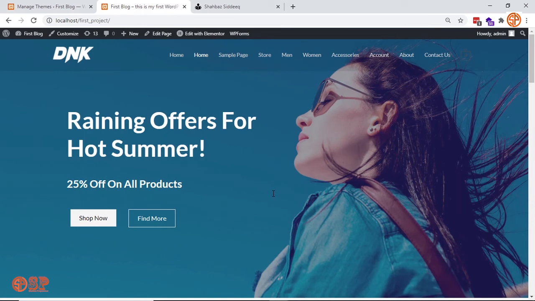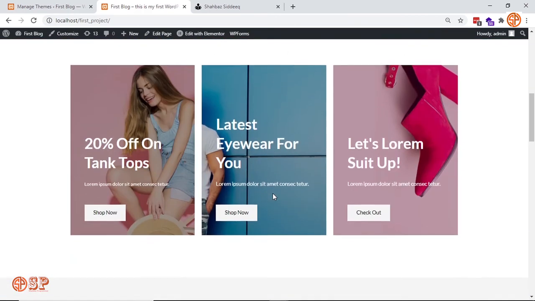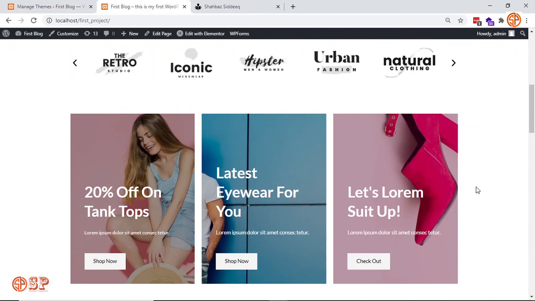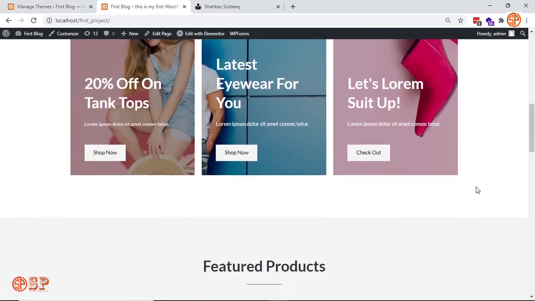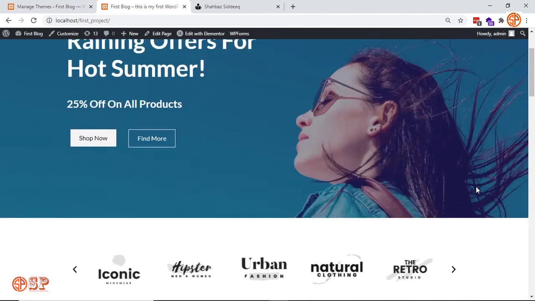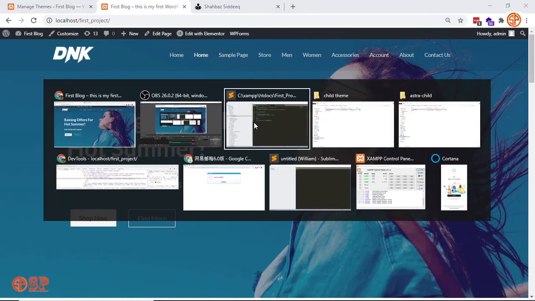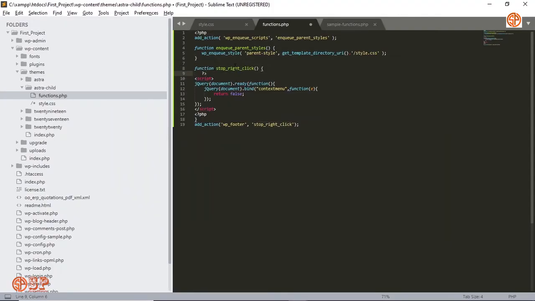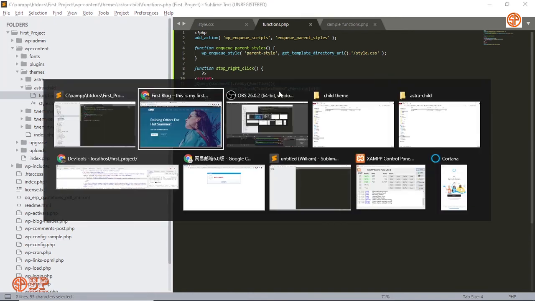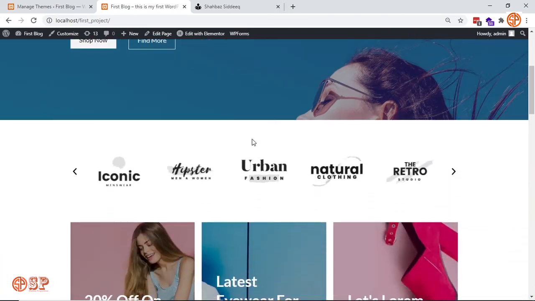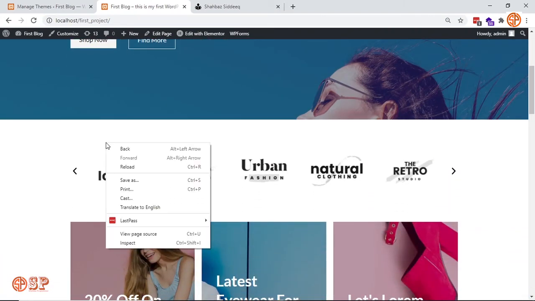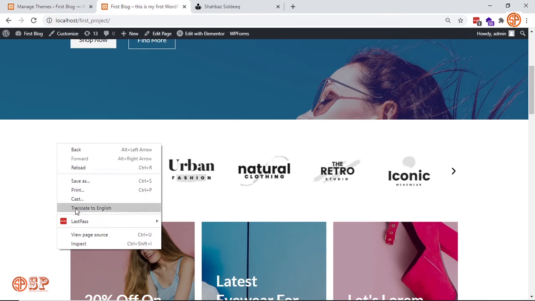So let's do some customization in the child theme. We will go to functions.php for some customizations. I have set a function which stops the right click option on the web page. But now the right click option is working. Now go to the website and check whether it is working or not. Now it's working, but I haven't saved the file first,